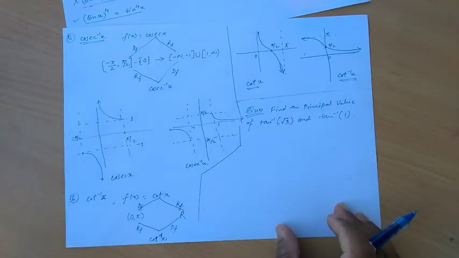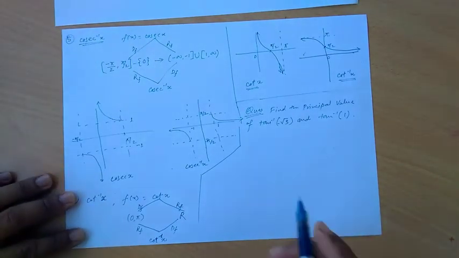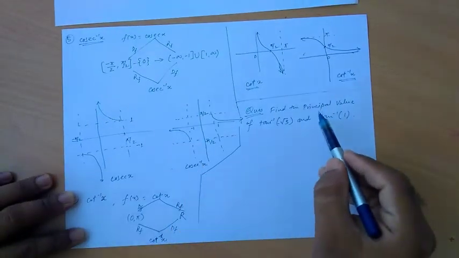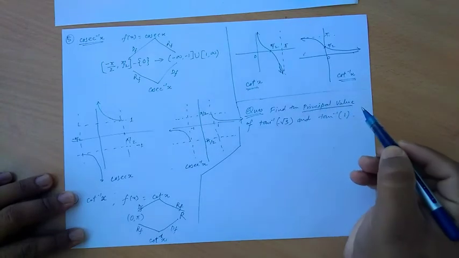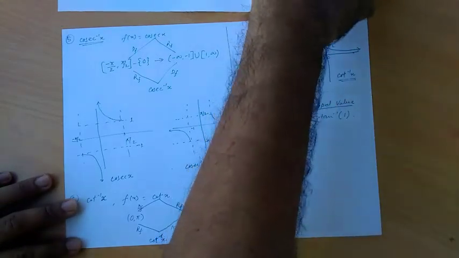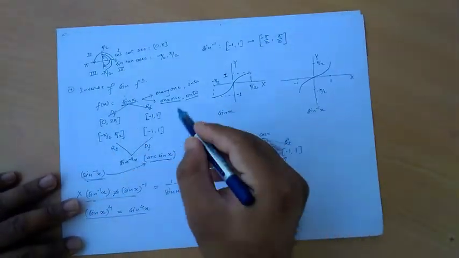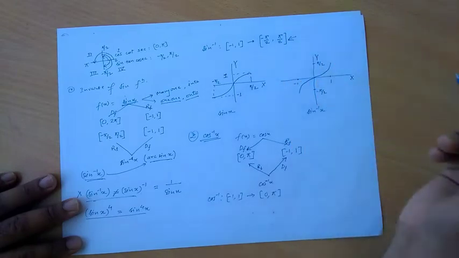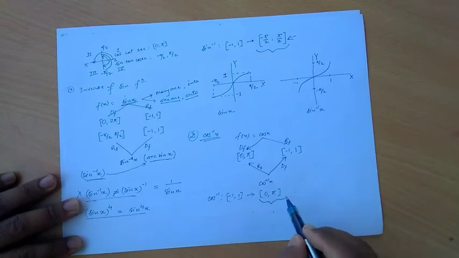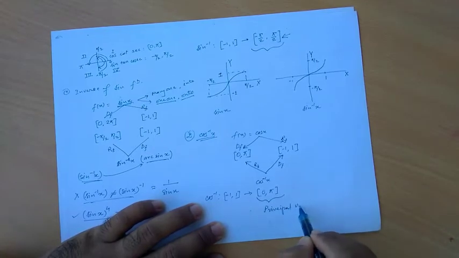Let us solve questions on inverse trigonometric functions, and one should remember that whatever range we are getting is known as the principal value branch. Whatever we have considered till now is the principal value branch. We'll have a glance here: for sine we have seen these many things, so this is the principal value branch. For cos, this is the principal value branch.